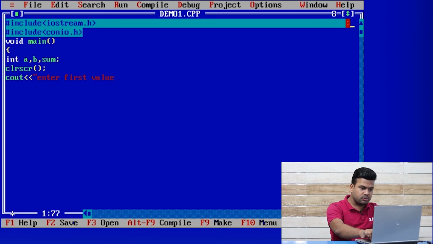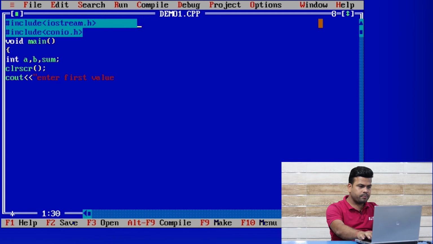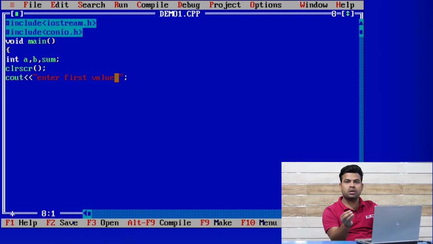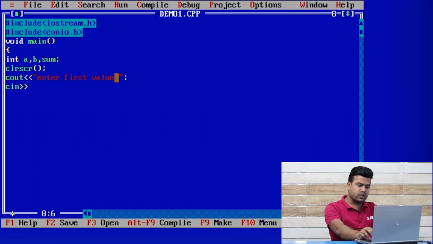Then for input purposes, if you want to give a number from your keyboard, you have to use the cin function. The value will be stored in variable a. Then you have to give a message to insert the second number, enter second number.